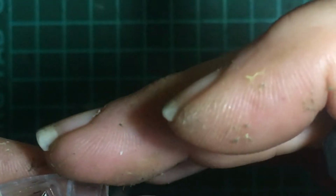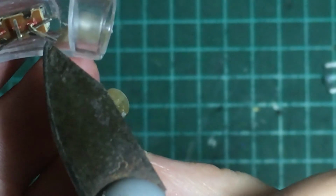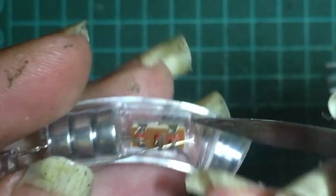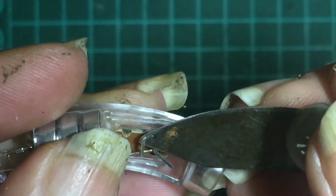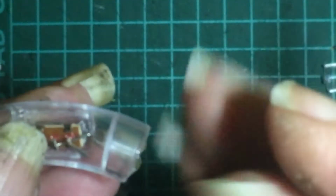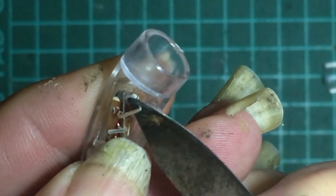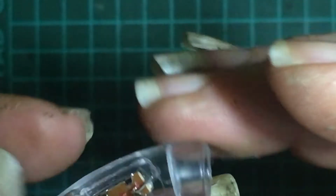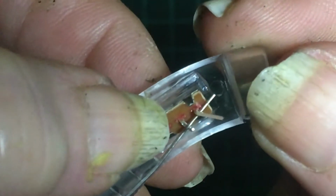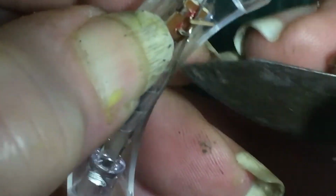Now to change this light, as you can see here, that wire and this wire are folding over the light wire. So what you have to do is just open these, gently open them so that you don't snap them. And then you can take the globe out, just hold on to the light on off switch and then just gently lift the globe out